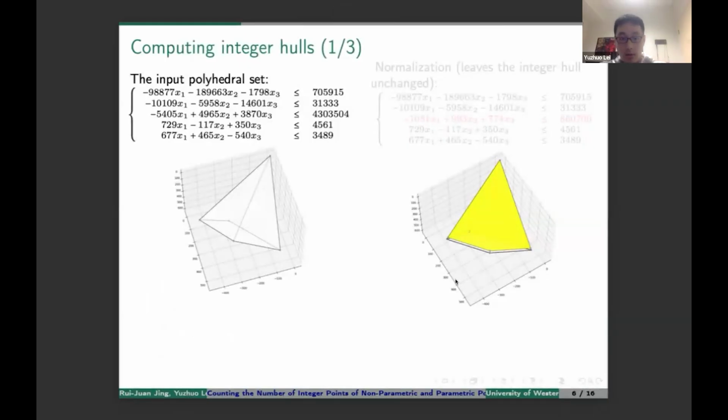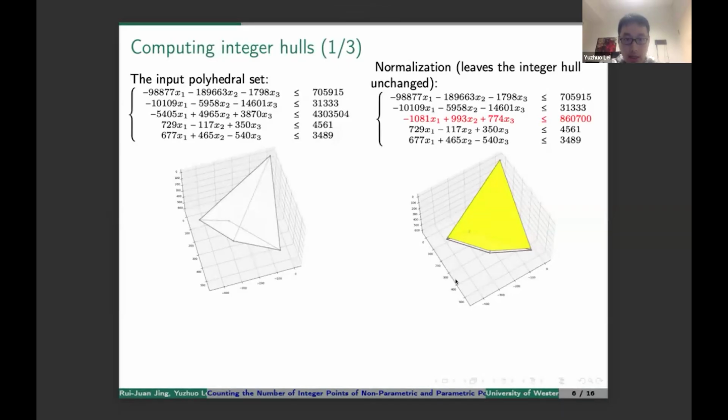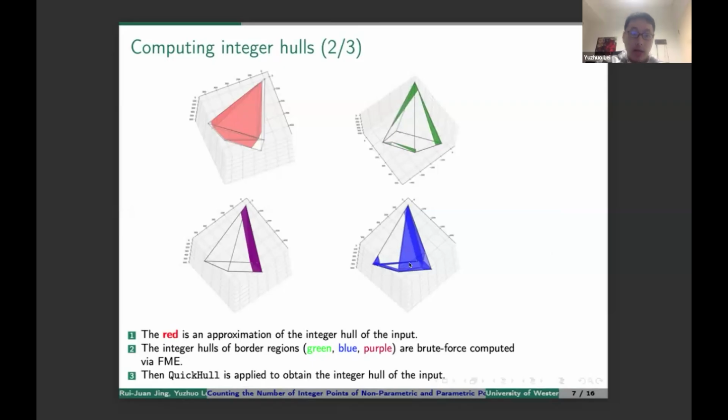So how do we compute the integer hull? The first step is normalization, where the idea is that we shift each facet of the input polyhedral set towards the center of the polyhedral set, until the hyperplane of the facet hits at least one integer point. Of course, this action will not change the resultant integer hull. And after that,